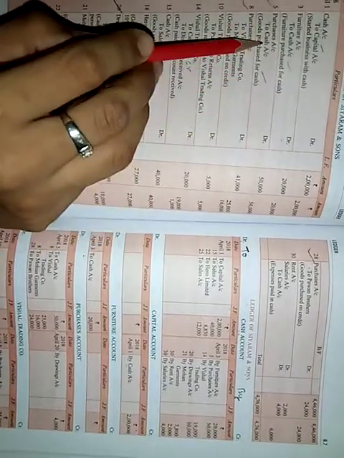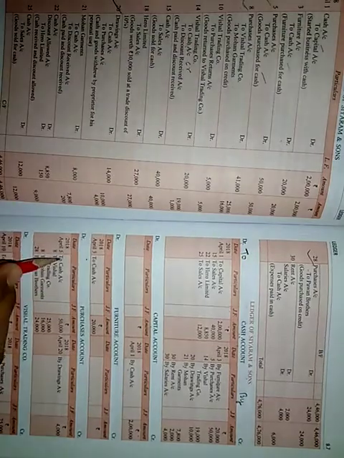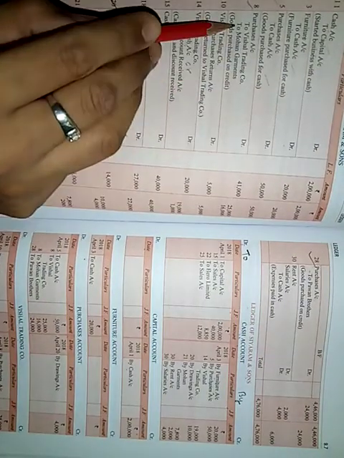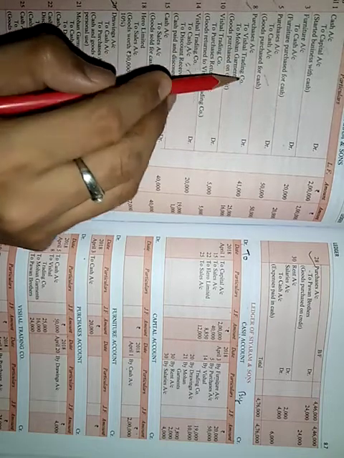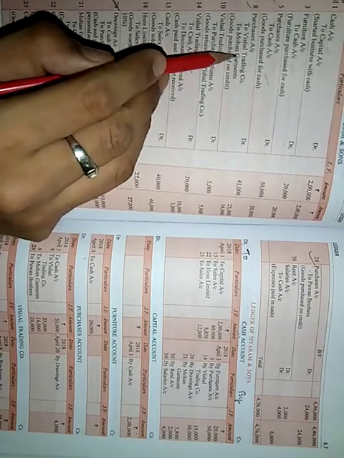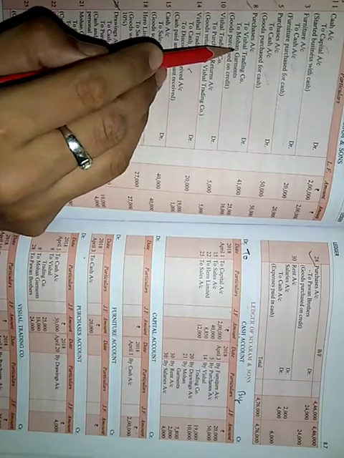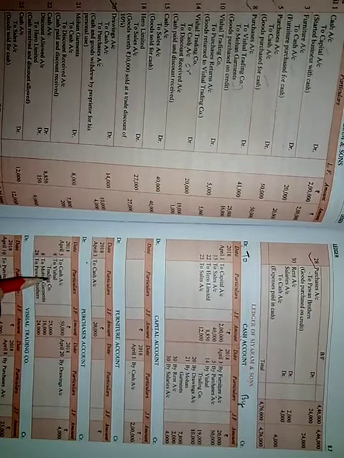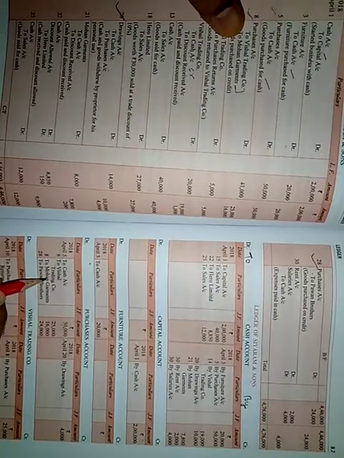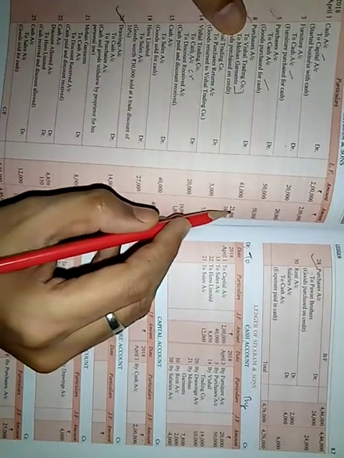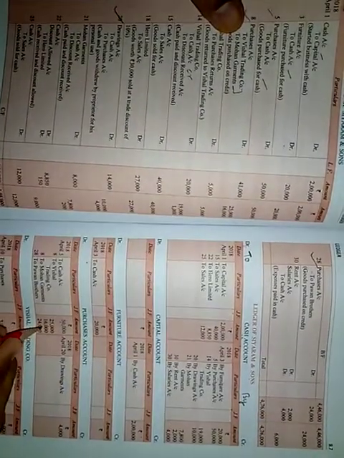Purchase account debit to cash account, then we will write here to cash account 50,000. Purchase account debit to Vishal Trading Company, to Mohan Garments. Okay, so again opposite side of purchase account, these two transactions will go to the purchase account, to Vishal Trading Company and to Mohan Garments. 25,000, 16,000.